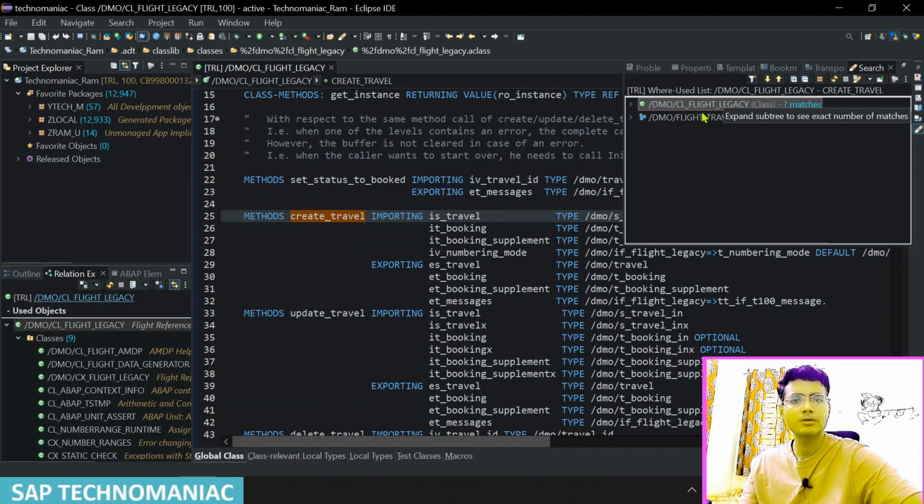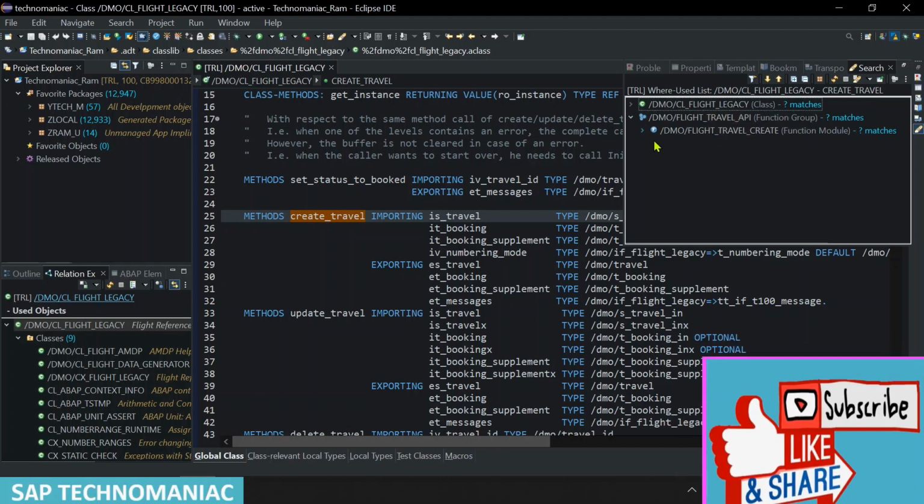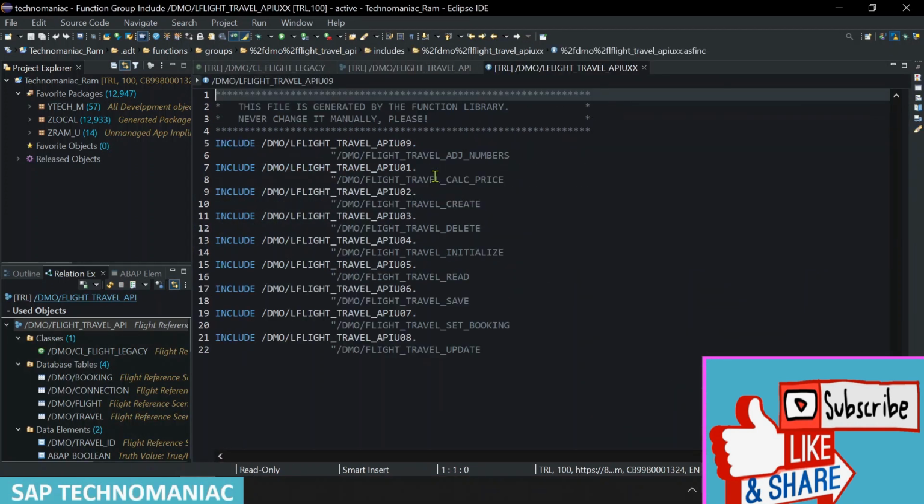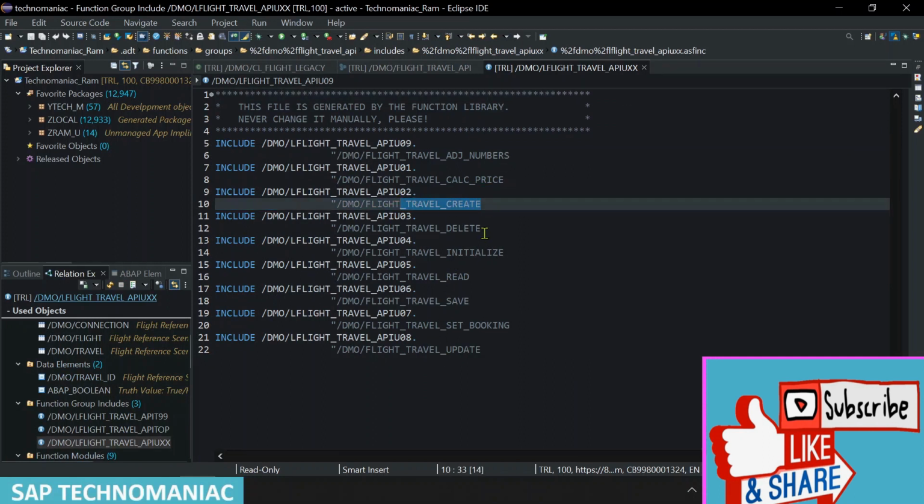It is the same class which we are in, and apart from that they are utilizing it in this demo flight travel API. So basically, if I see this one, this is this particular function group. Now go a little bit down: what all function modules are available in this particular function group? I can see there are multiple function modules. Out of that, one is travel create, travel delete, travel initialize, read, save, set booking, travel update, and adjust number as well. If I see the create travel one,